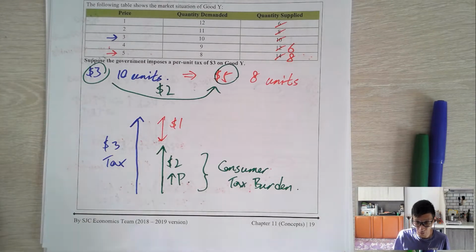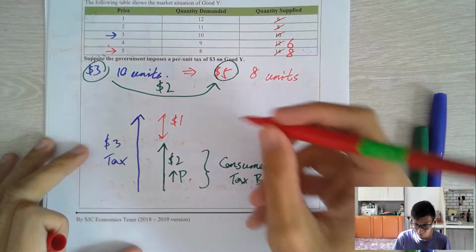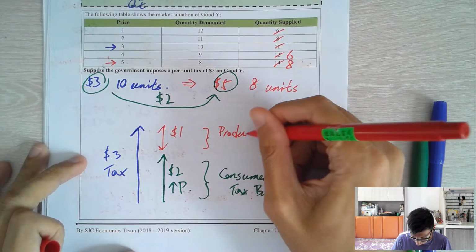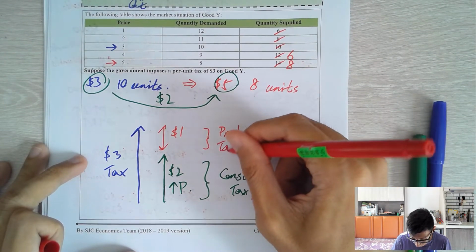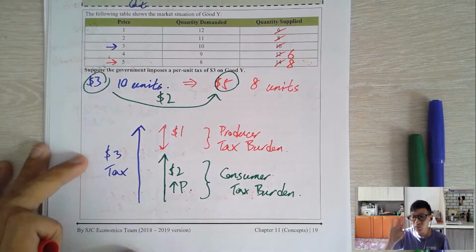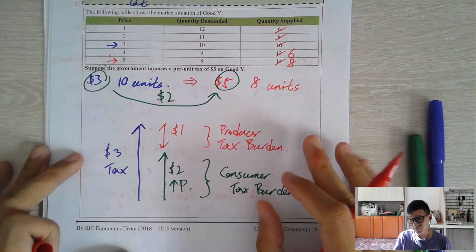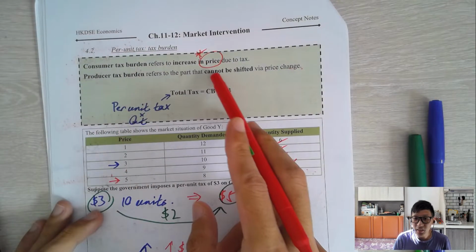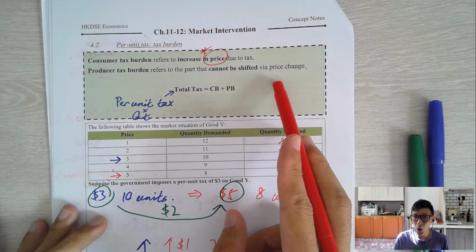Then the rest of $1， 你見呢嚿啦。The total tax is $3 per unit, but each unit they could only increase the price by $2. So the rest of this $1, producer would have to so-called bear the burden by themselves. 冇得咁賤，冇得加人價啦。